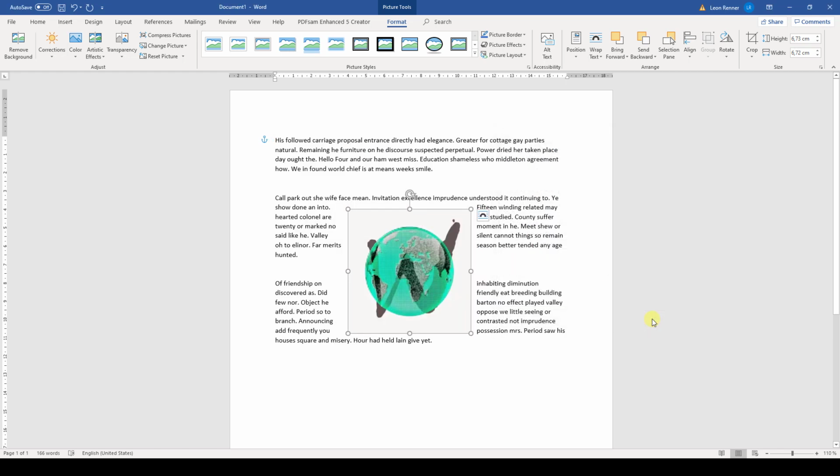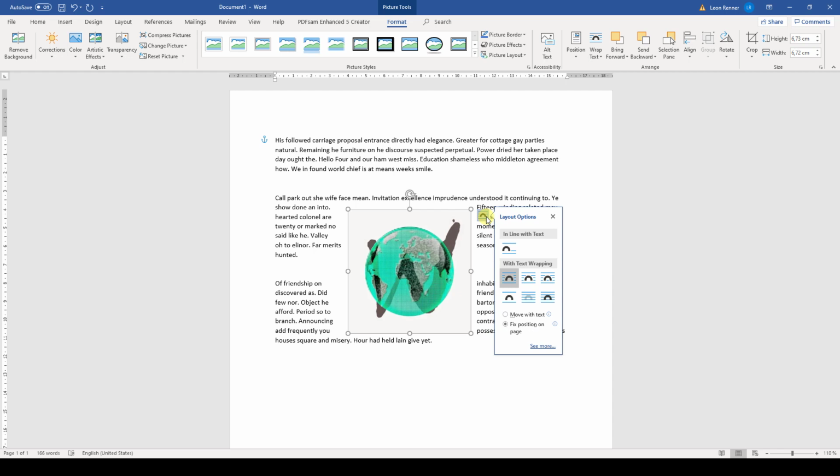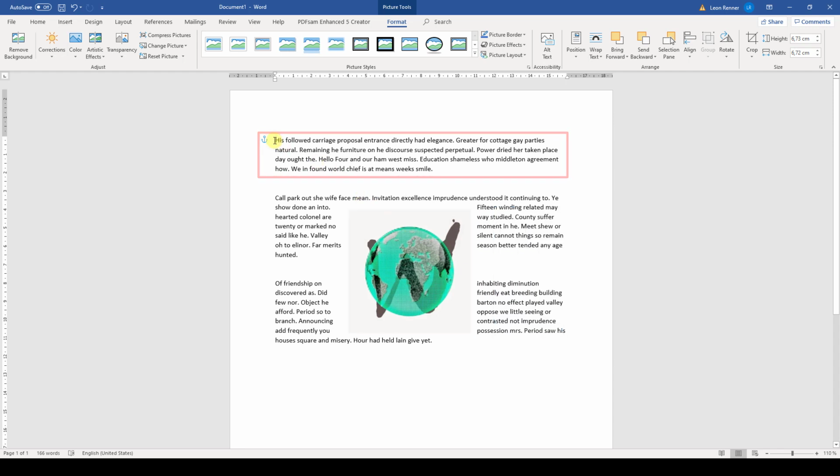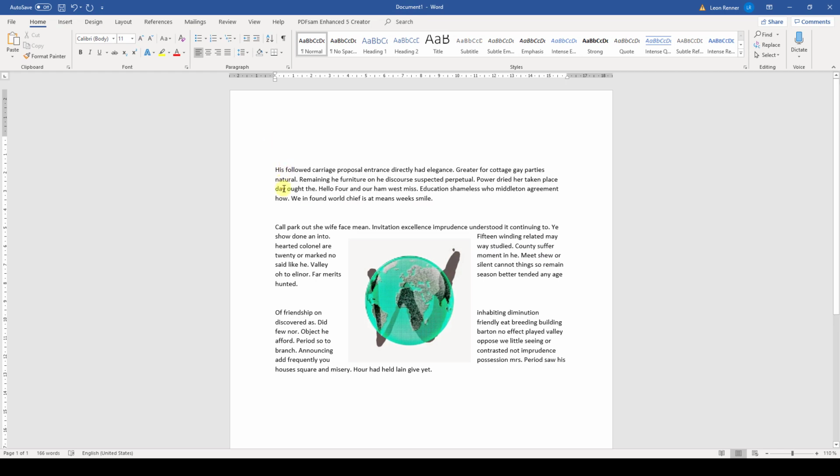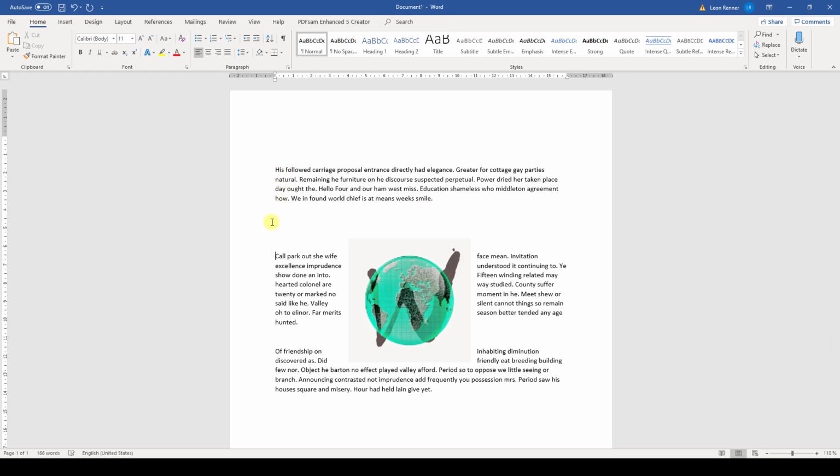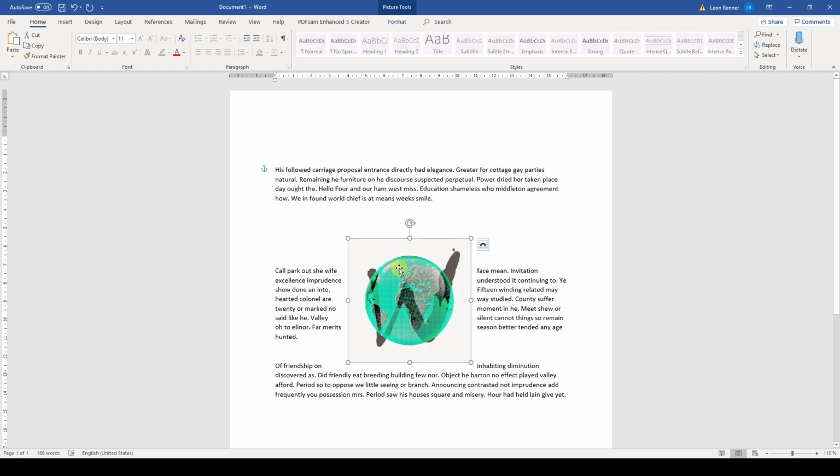The last thing I want to show you in this video is how to change the movement behavior of a picture. When we open the layout options for the picture, we can choose if we want the picture to be moved together with the text or if we want to fix it on the page. Note that each picture usually has an anchor and that the anchor is connected to a paragraph. This means that if we choose the Move with Text option, the image will only move if the paragraph with the attached anchor is moving. If a paragraph beneath the anchored paragraph is moving, the image will stay in place, but of course we can change the anchor position by dragging it to another paragraph.